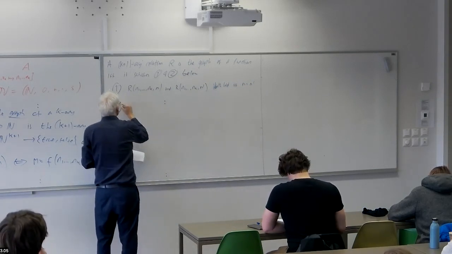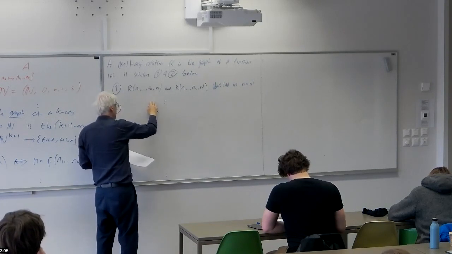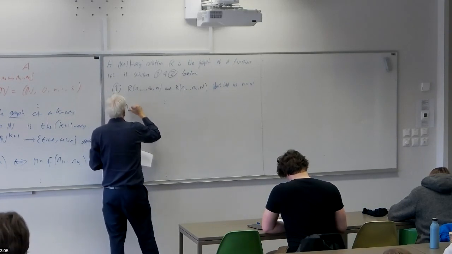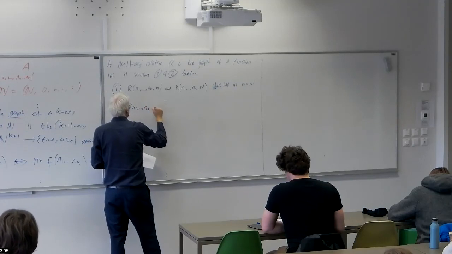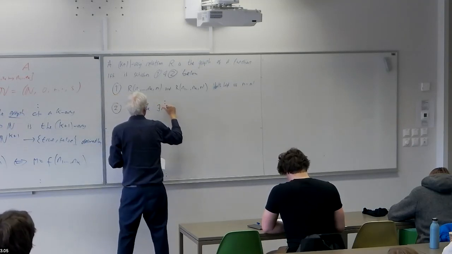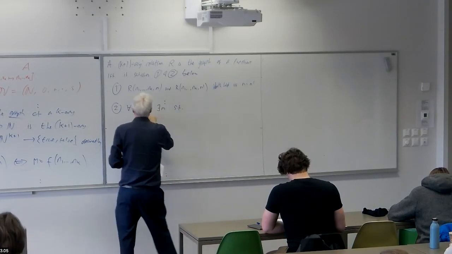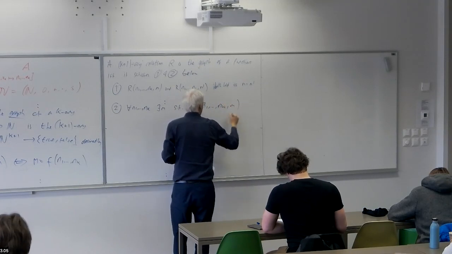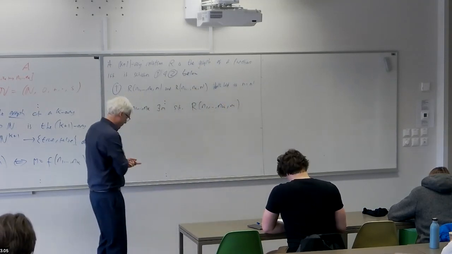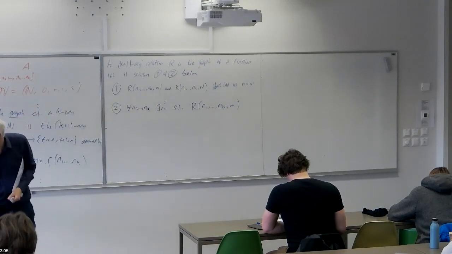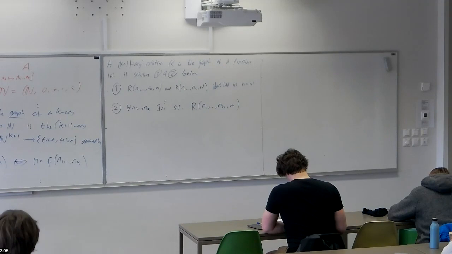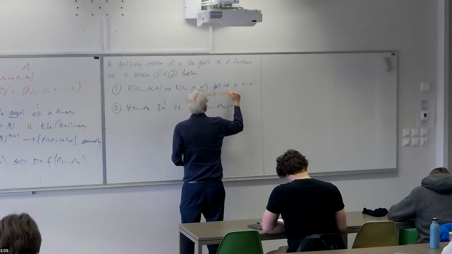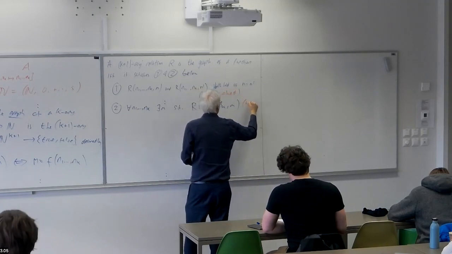And secondly, it's the graph of a function if for any k tuple, it does assign at least one value m to the relation. So for all n1 through to nk, there exists an m such that n1 through to nk and m is in the relation. So this first property is called single valuedness, single valued. And this is called total.